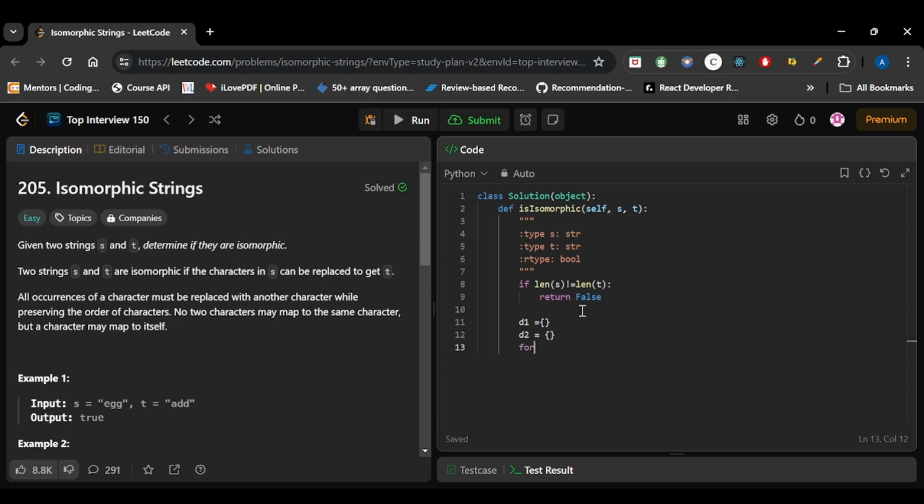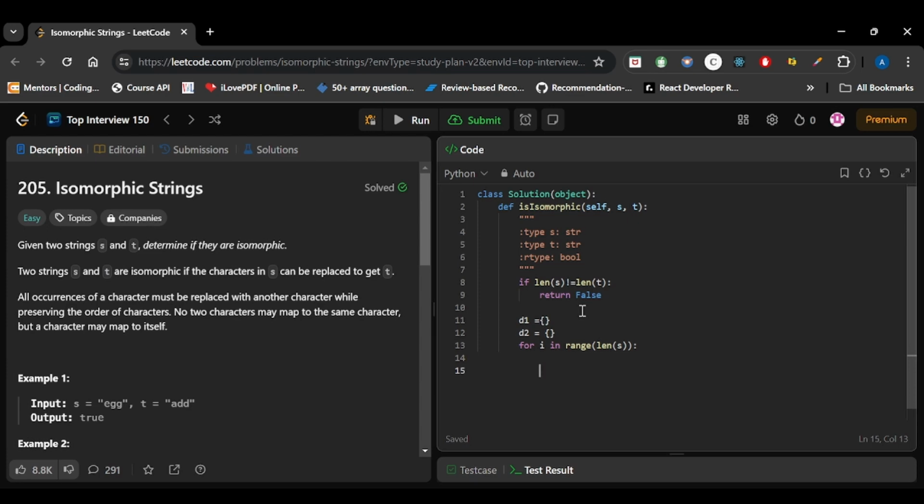After this, we will start iterating using the length of S only. Now we will check if the value exists in both dictionaries at the same index or not, right?